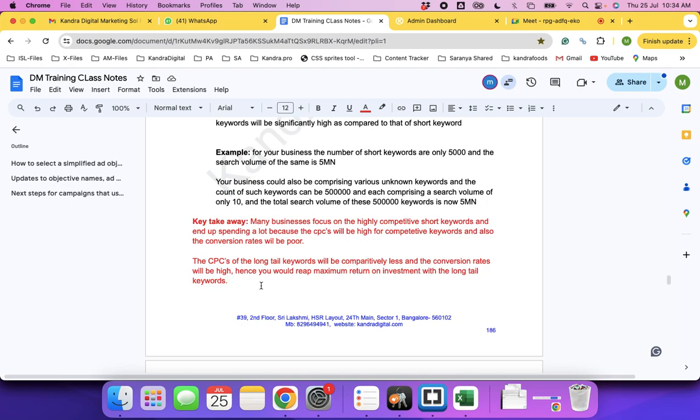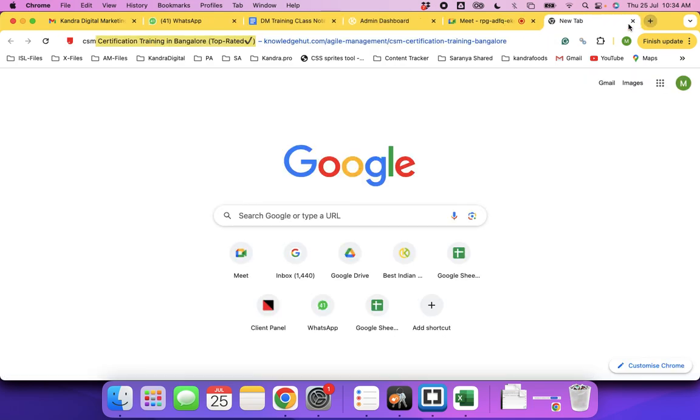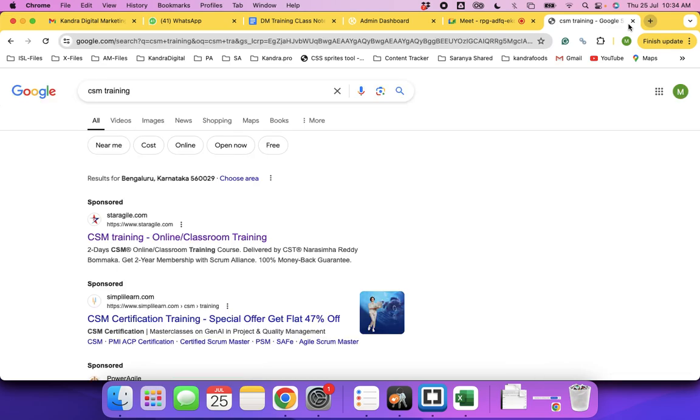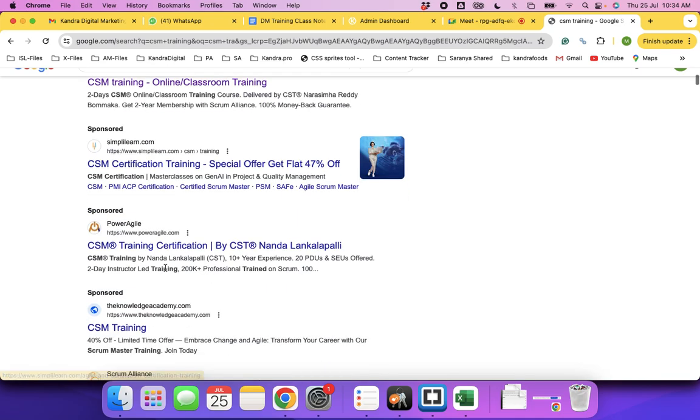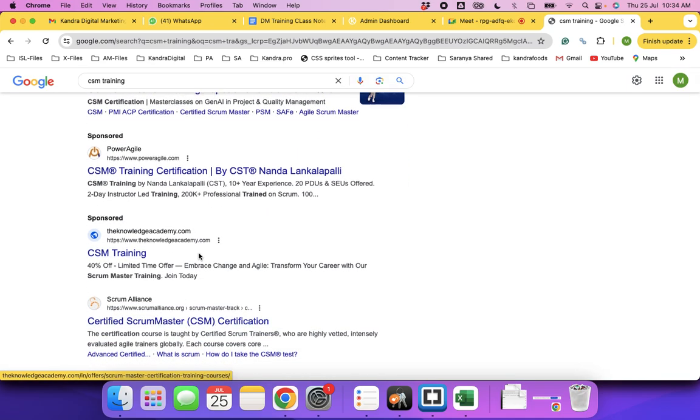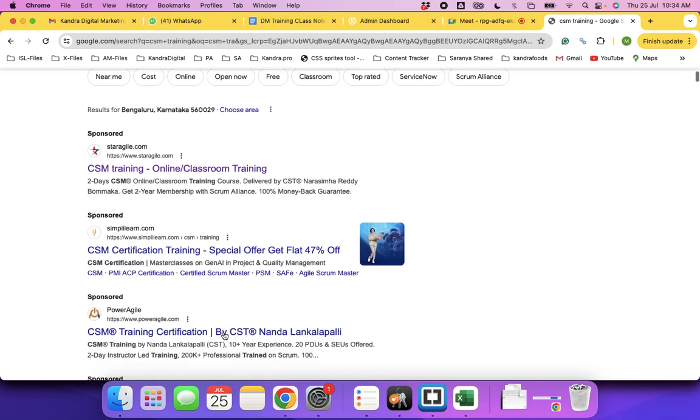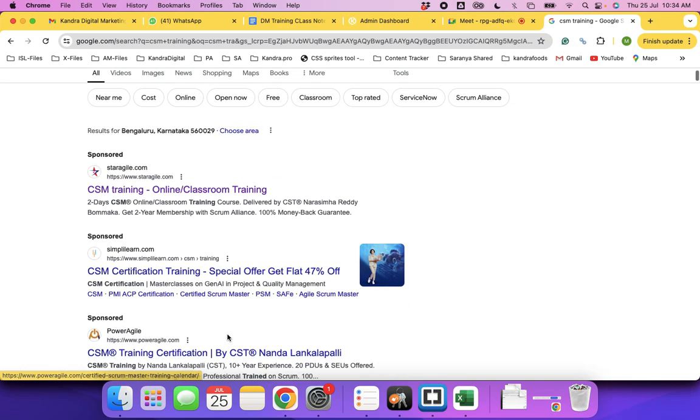There are only four slots, one, two, three, four slots, and for these four slots, 400 companies are fighting to take up the position. Now, what does Google do? Google says, boss, I'm very happy with this competition amongst you guys. You guys fight, quarrel amongst yourselves. But what I'll do is I'll put a condition. Whoever is going to pay high to me, I'm going to show only them at the top. Are you all getting it?